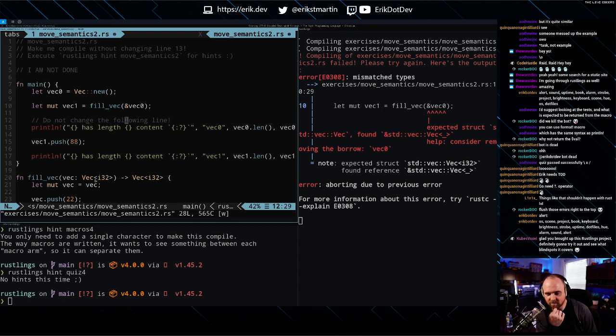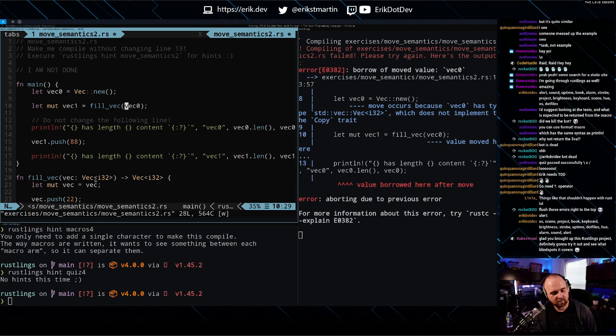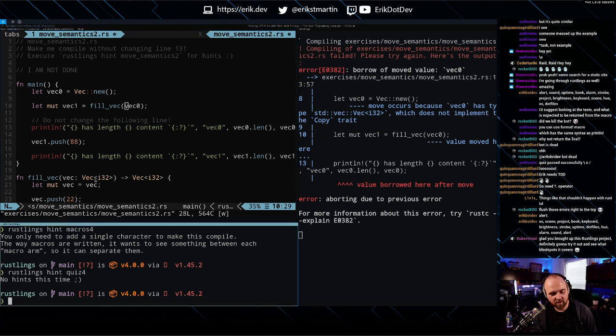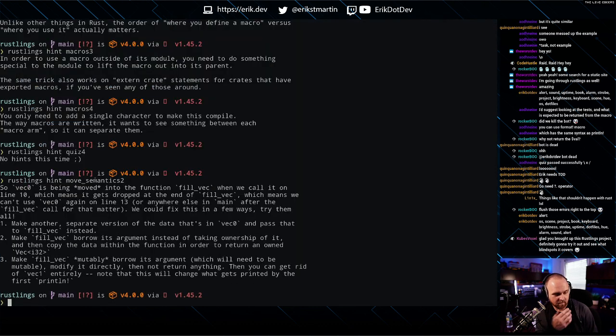Okay, so that is not what we wanted. Wait. Now I remember how to do this. Okay. It's being moved. Yep, we understood that, which means it gets dropped at the end of fill_vec, which means it can't use vec0 again.